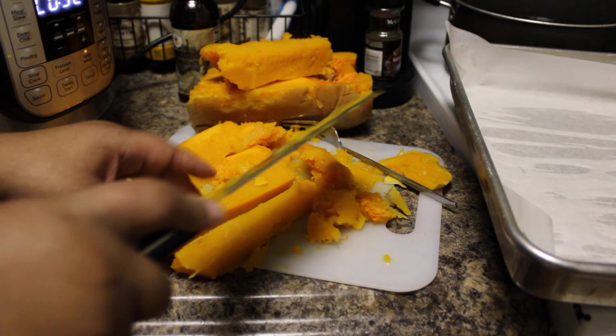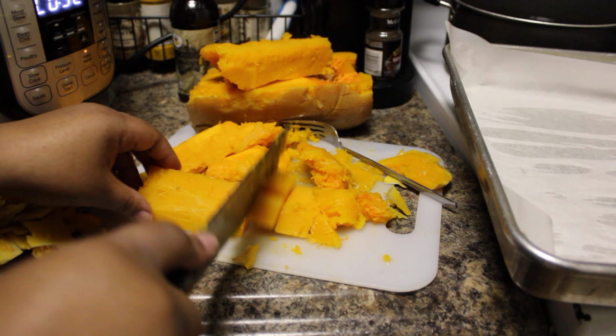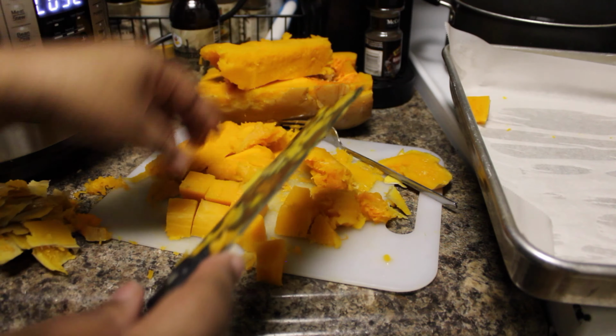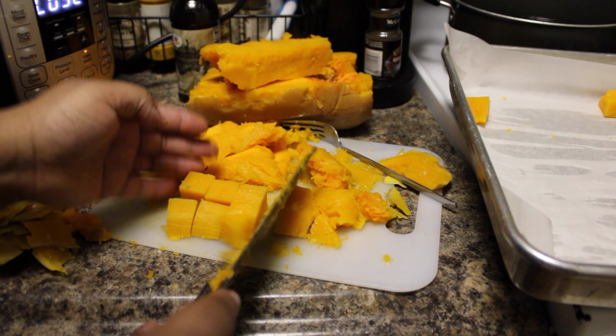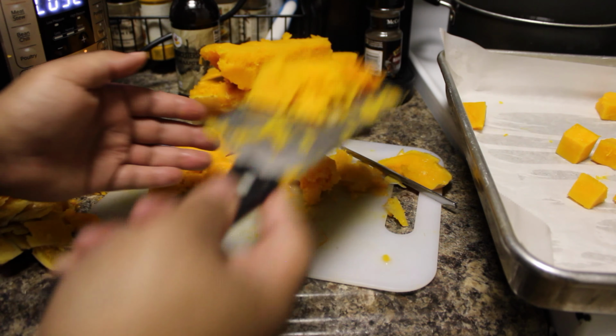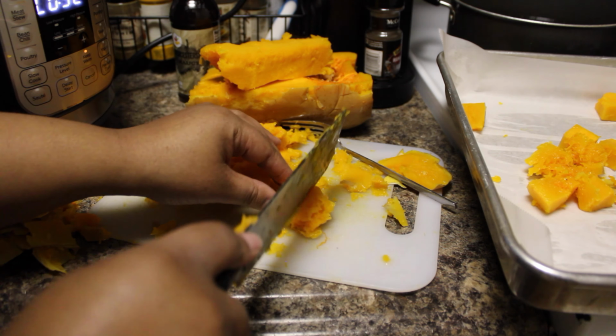But pretty much I'm just gonna cut these up into blocks, dice size, and then put them right on here, because we're going to put these in the oven to roast so they can get a little bit of texture on it. And then some of these don't even need to be cut up because